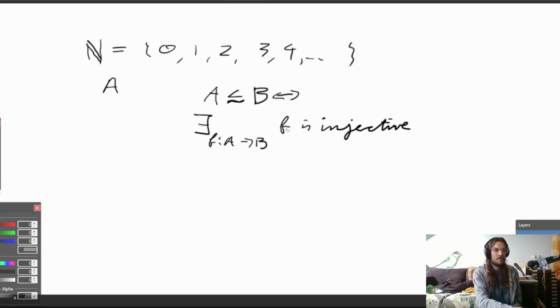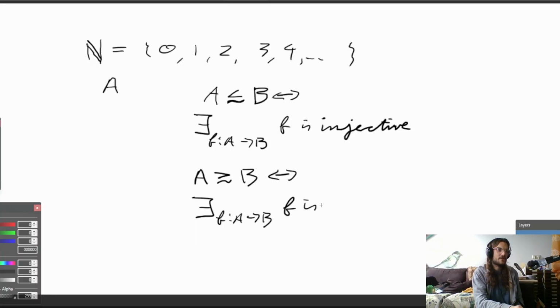Why? Well, because if f is injective, then every point in B that f maps to has a unique point in A, so there's at least as many points in A as there are in B. And then we're going to say that a set A is larger than or equal to a set B if there exists a function from A to B